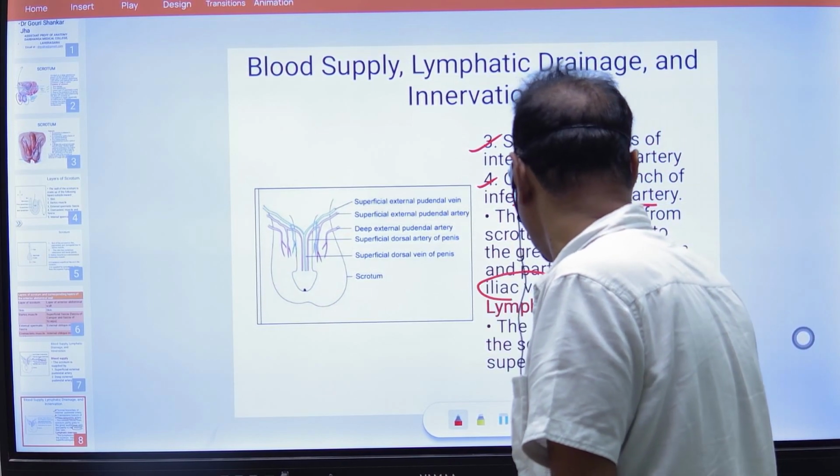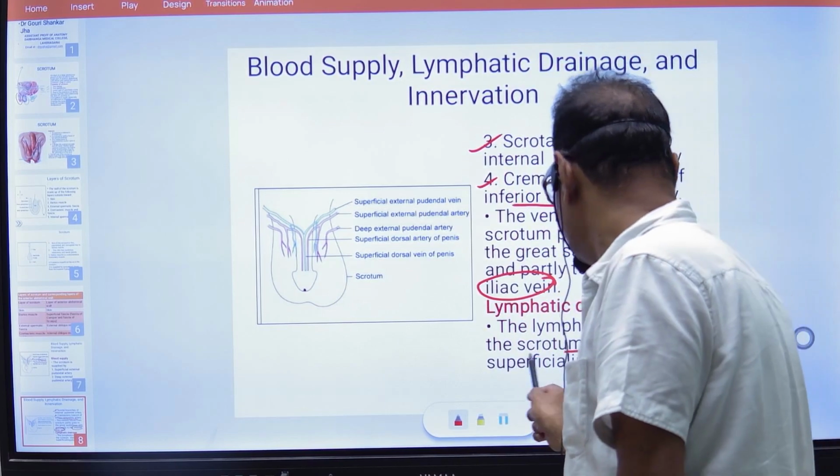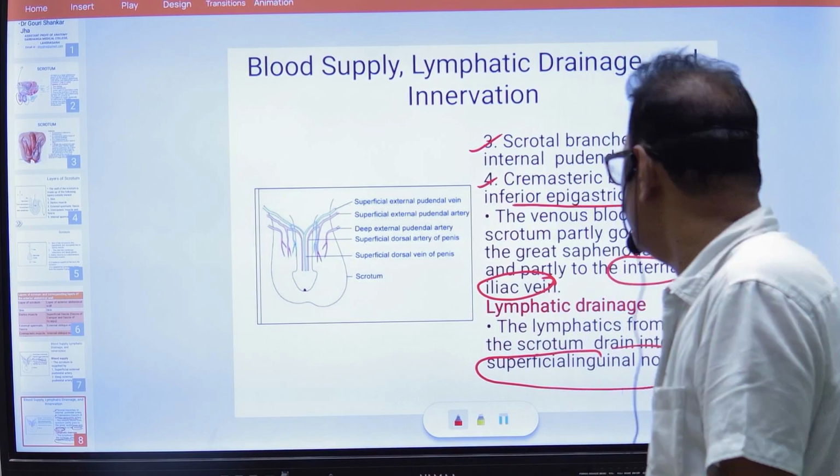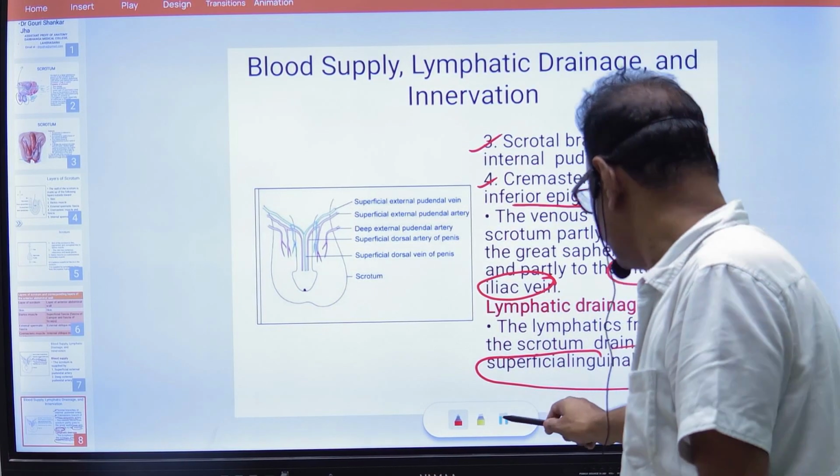Regarding the venous drainage, it will drain into the internal iliac vein. Regarding the lymphatic drainage, it will drain into the superficial inguinal lymph nodes. इसका जो lymphatic drainage है वो superficial inguinal lymph node में है।